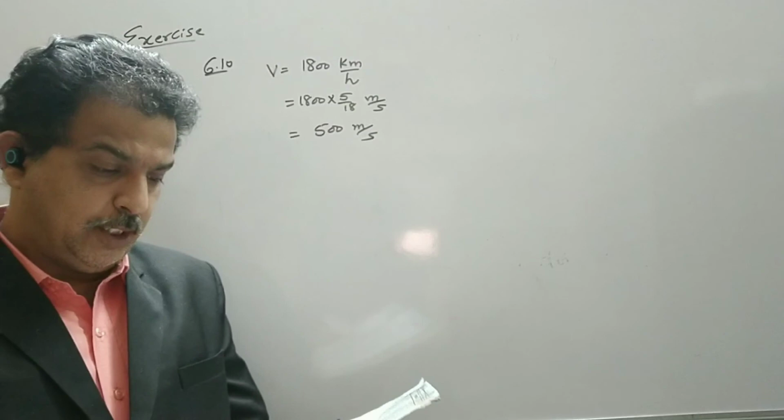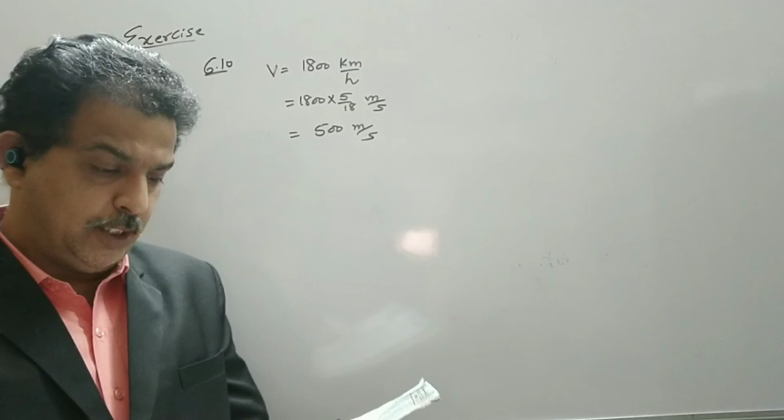So the two ends of the wing are separated by 25 meters. So the total length is 25 meter. If the earth's magnetic field at the location has a magnitude of 5 into 10 raised to minus 4 Tesla, and the dip angle, which is also the angle of inclination, say I, is 30 degree. Then we have to find out what is the EMF.